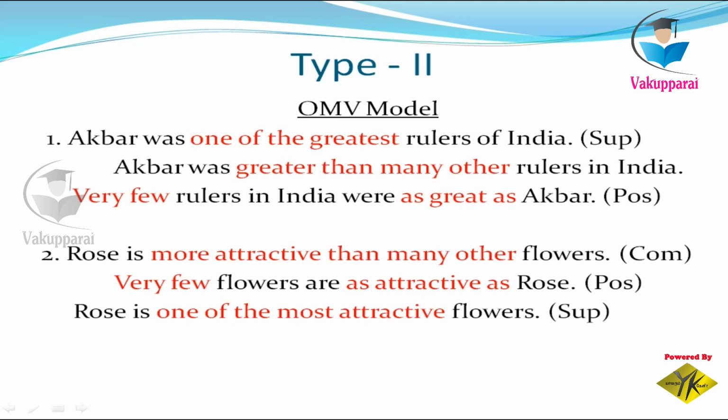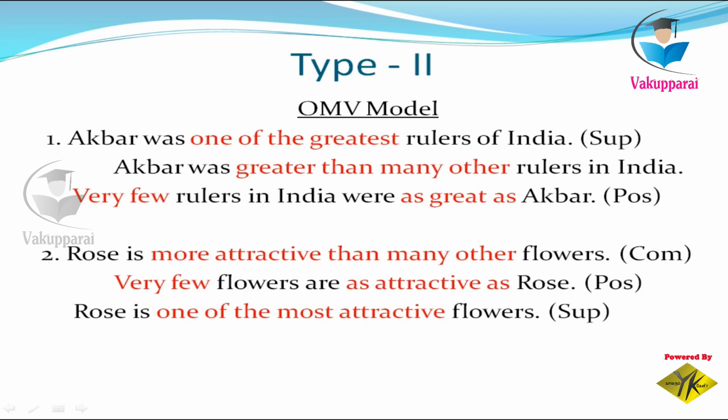Okay, so here, "one of the" is there. From "one of the" itself we can understand this is type 2, model 3. It is in superlative, "greatest", so we can identify it as superlative. Then we have to change the sentence into comparative. Like, "Akbar was one of the greatest" will be removed